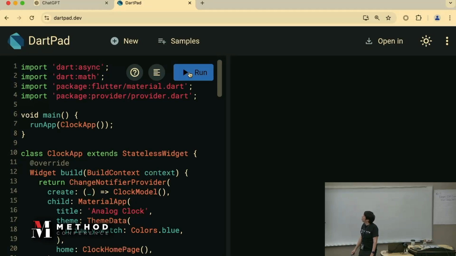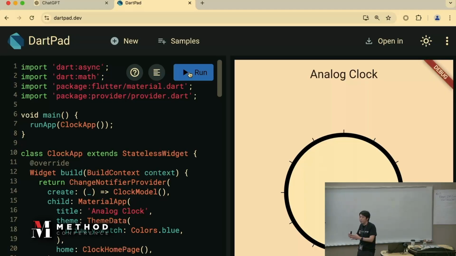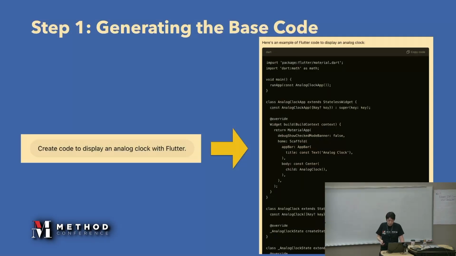We can easily run a very simple analog clock like this. I don't write any source code by myself, but the auto-generated code can be run completely like this. It's the first step to create the Flutter app.